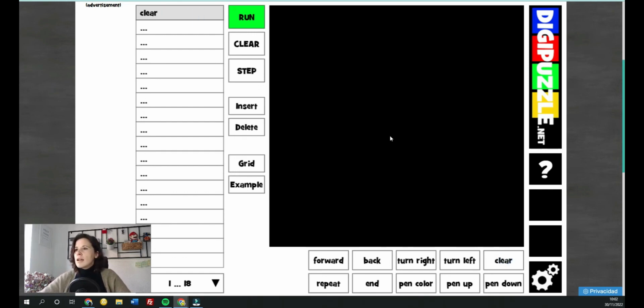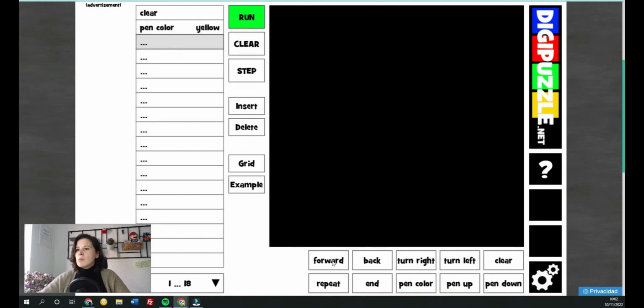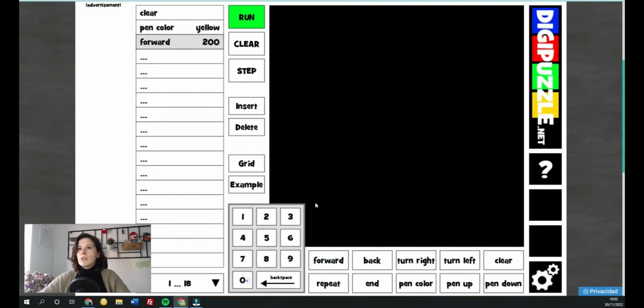First we place the clear instruction. We know that we start from the center looking to the right. Well, let's take advantage of that to draw a base. We are going to make a triangle of 200. For example, we are going to take the yellow color. We are going to draw a segment of 200 from the center to the right,